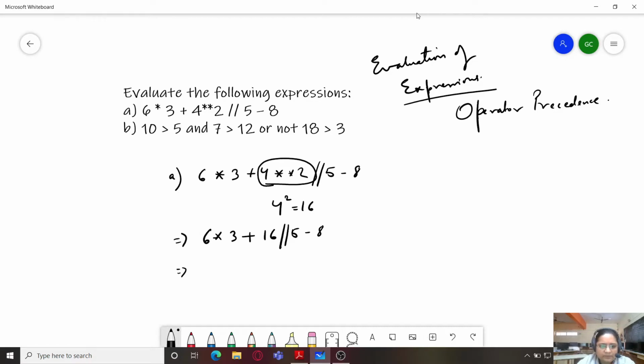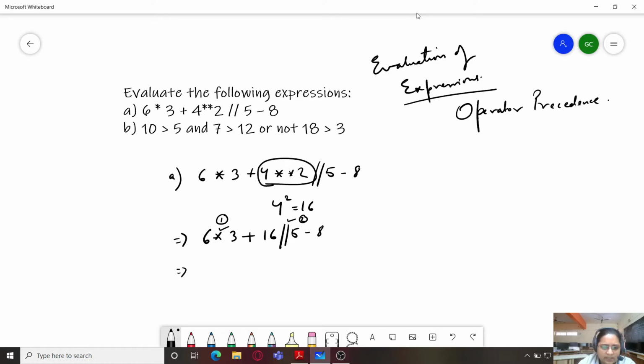Now we have 4 different operators: multiplication, addition, floor division and subtraction, out of which multiplication and floor division are the ones which have to be executed first. And in this also, according to left to right associativity, this is going to be the order.